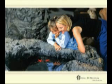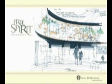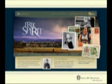The Royal BC Museum vision includes the creation of exhibitions and programs that reach out to all British Columbians. We seek to engage the public with the dramatic and fascinating story of this land and its people. In 2008, we created Free Spirit, Stories of You, Me, and BC, an exhibition made up entirely from our own collections. The Free Spirit exhibition was created to mark the 150th anniversary of British Columbia, and it truly reached out